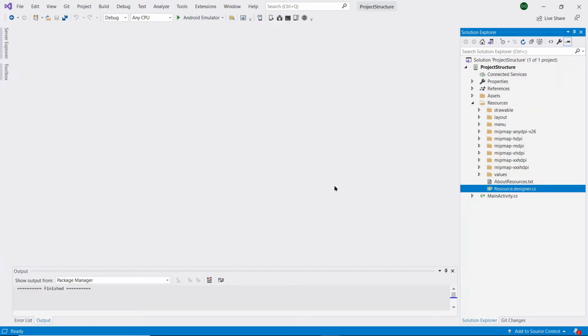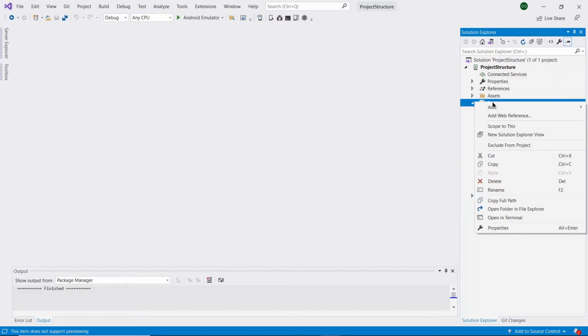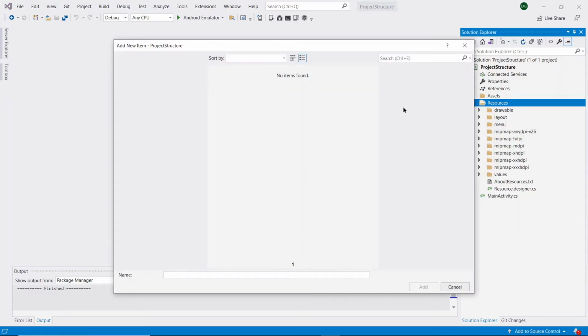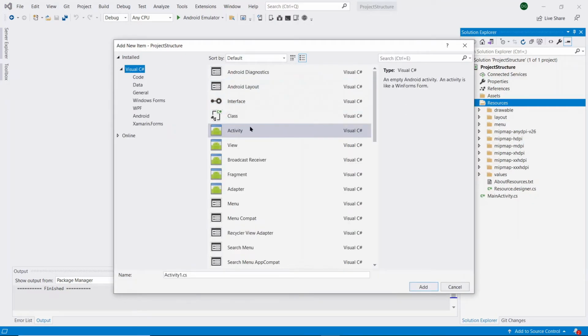Let's see how to create an activity in a Xamarin Android project. If you want to create an activity, you need to create it inside the project. So now I'm creating the activity. First right click on the project and click on add, then click on new item. Here you can see the Activity C# class.